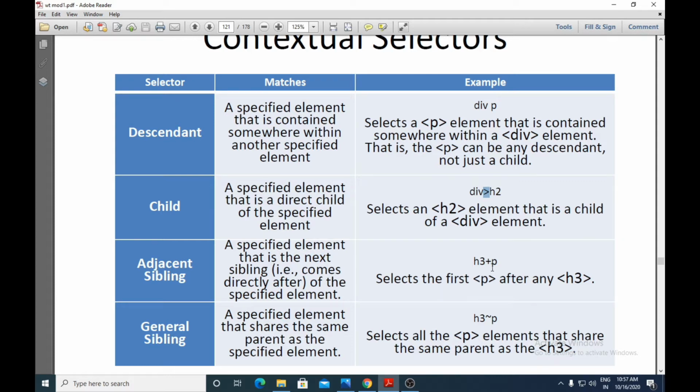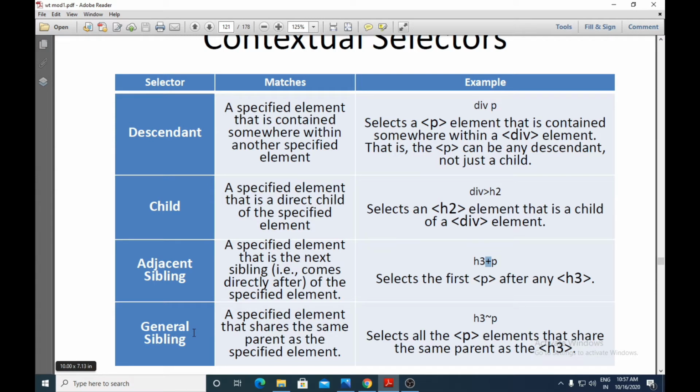So h3 is here, p is here, and adjacent sibling is denoted by the plus symbol. That means h3 and p are siblings and belong to the same parent element. Siblings are those having the same parent element, and it has to be the immediate sibling. So it selects only the first p after any h3. This is known as adjacent sibling.